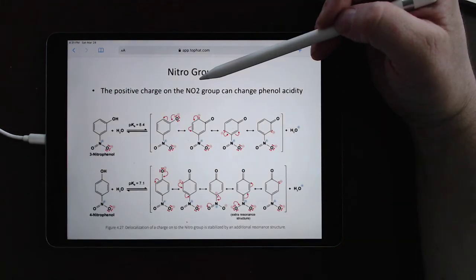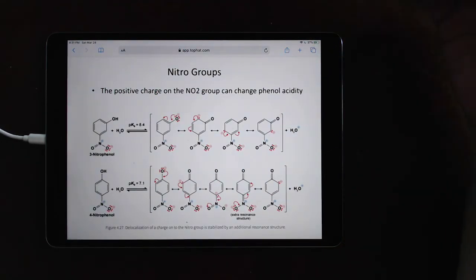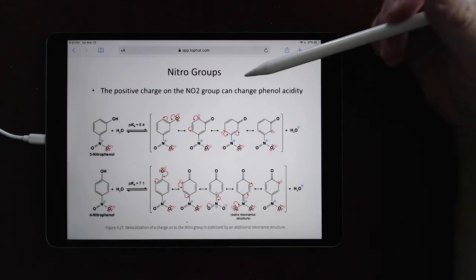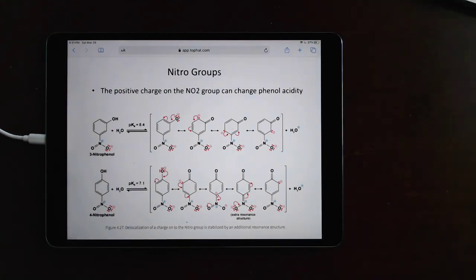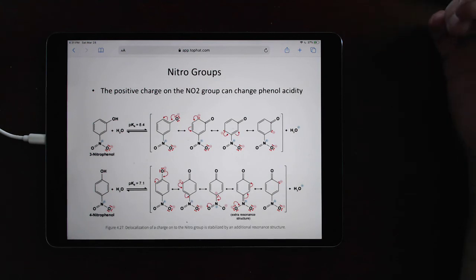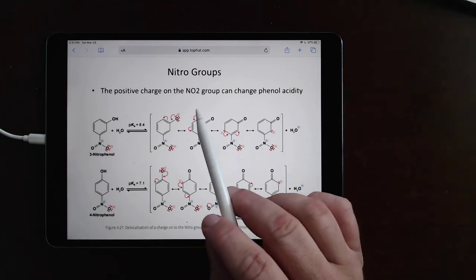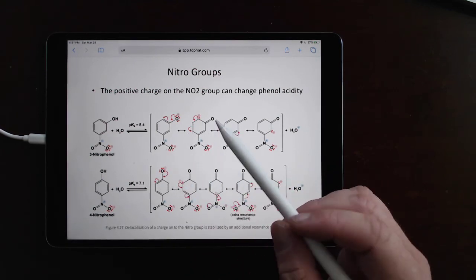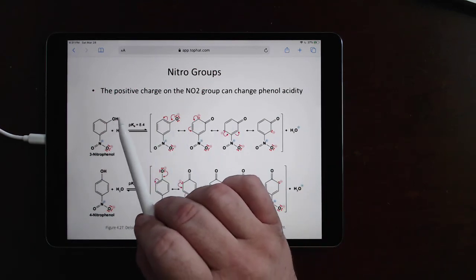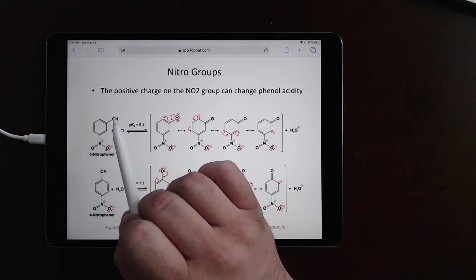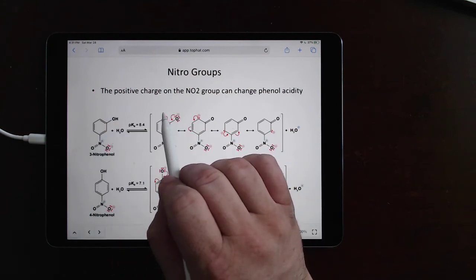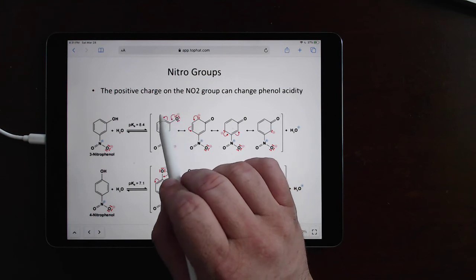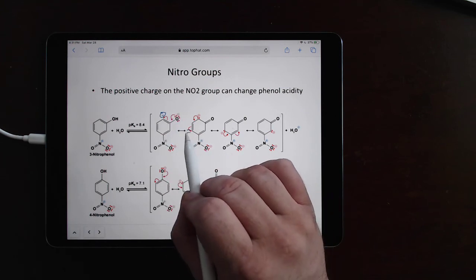So for nitro groups, they are very electronegative. They are a very electronegative group, and they have this special thing especially with phenols, because not only do you have this inductive effect, but if they're in the correct position, it matters. So if you have a nitro here, you deprotonate that hydrogen, the negative charge is going to go here, here, and